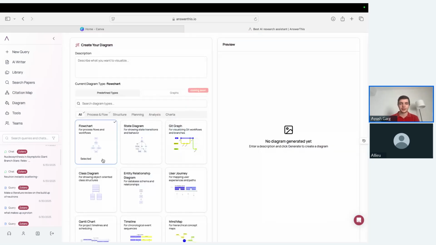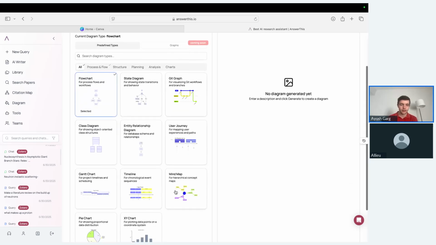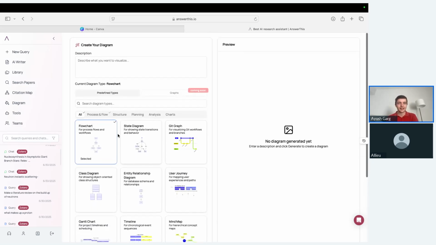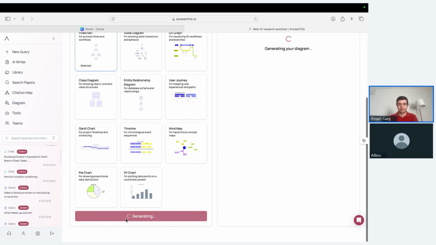Next, this tool is actually super neat. Here you can make a diagram based off of any prompt that you put in. You can go ahead and select which diagram you want. So, one that I always like to show is this flowchart diagram. If you're in CS, you might map out what one of your programs might do. So if I say make a simple Python flowchart, it's going to make one that's really, really basic,